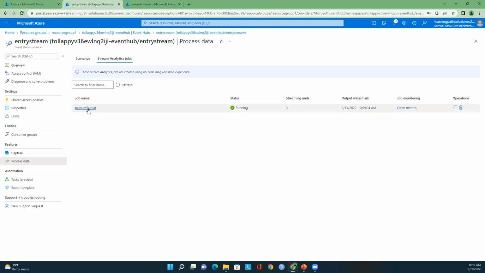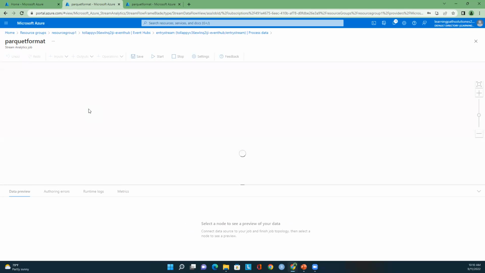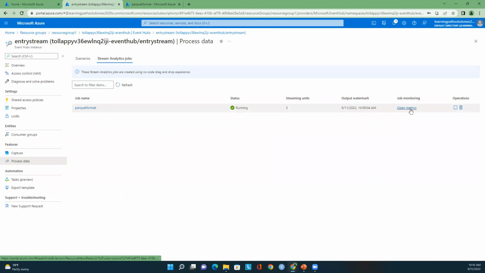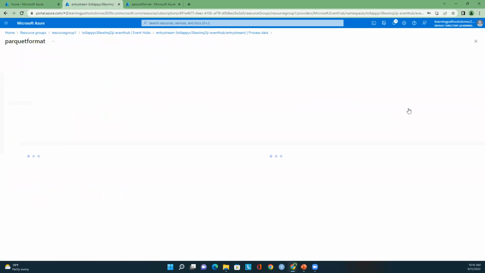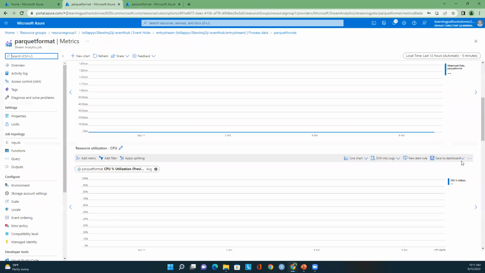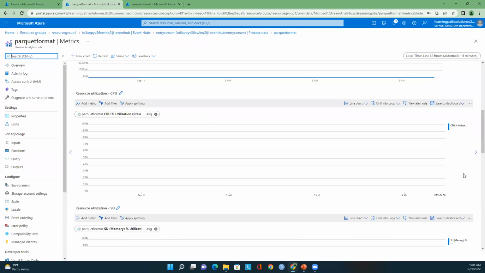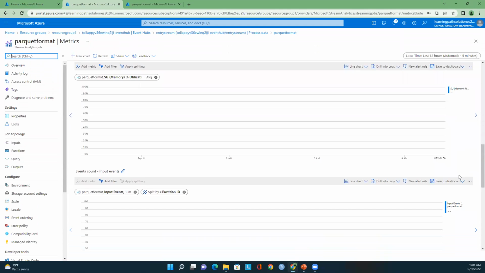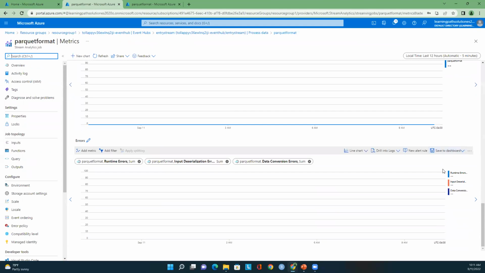You can also open this job, and if you want to monitor the metrics, you can do that. Just click on job monitor, open metrics, and here you can see the watermark delay or resource utilization, the CPU utilization, and events counts, input events, everything you can see